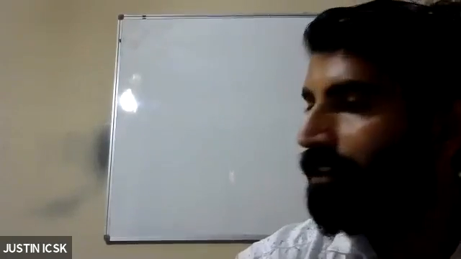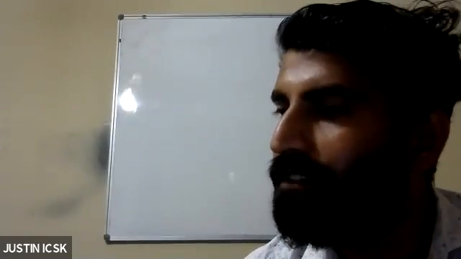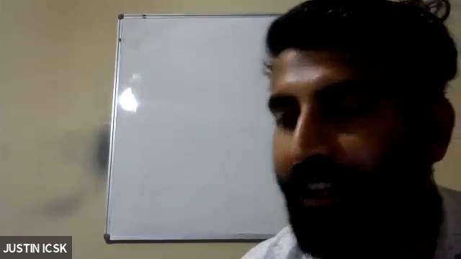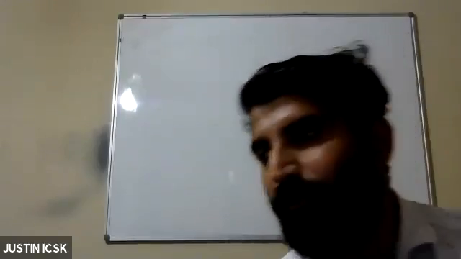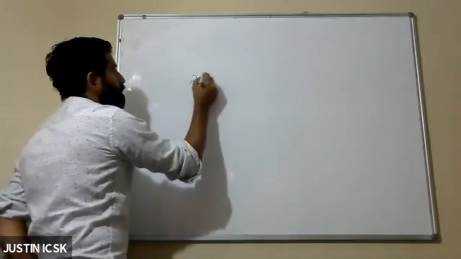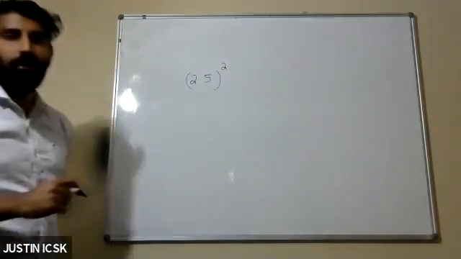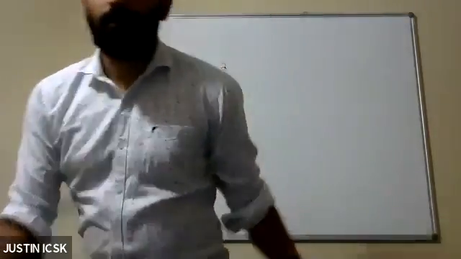So first, we are starting with one specific method for finding squares ending with 5. Maybe all of you know this easy method. Squares ending with 5. You can write the heading: Squares ending with 5. Example, 25 square.